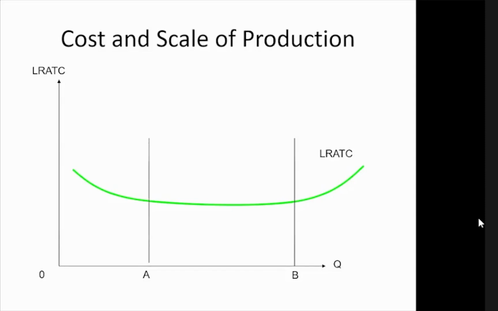Right? So simply, it is what is happening to our output when we increase our inputs by certain proportion. This is called returns to scale. Then, if you understood that, you can put the same into the cost function. Right? So we learn